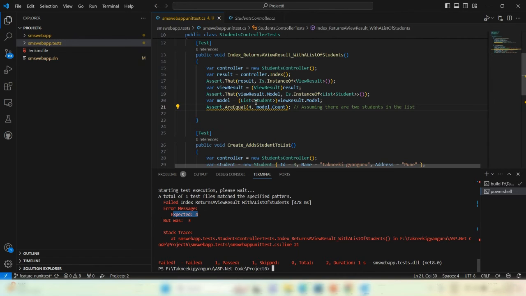So we expected 4 but was 3; the result is 3 but we are expecting 4. That is the failure of this test case. So you can see one test case failed and one passed. So make it 3 again for now,